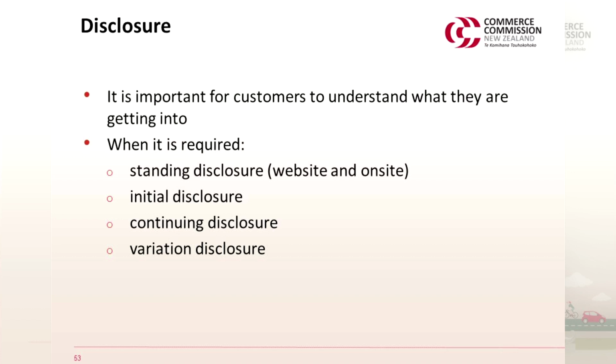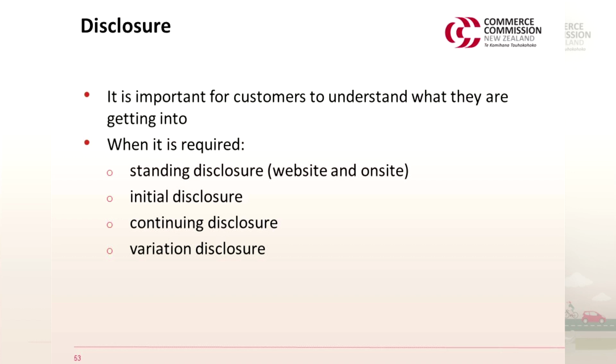And just going back to the standing disclosure, the premises, if you've got a premises that you operate out of, it is important that you have a notice displayed showing that the customer can ask for that disclosure, and you need to be in a position to be able to provide that. Continuing disclosure, that has been a change under the 2015 changes as well, so you must provide a statement every 6 months showing payments and charges, and for revolving credits, it's 45 days.